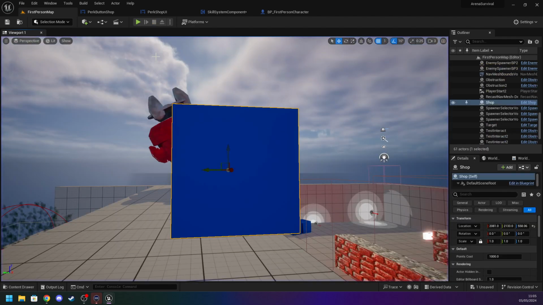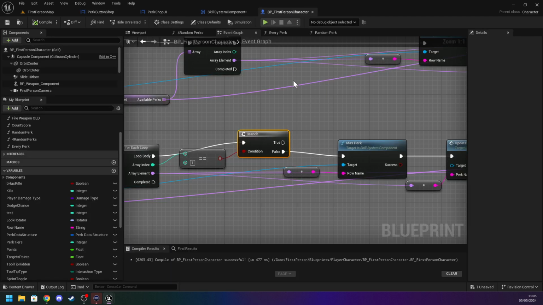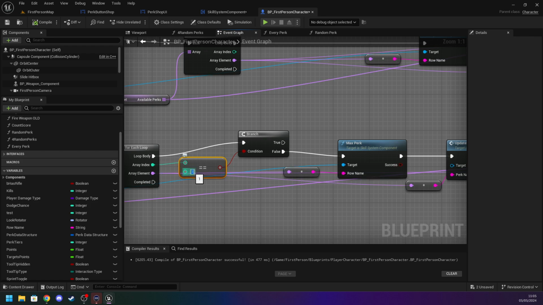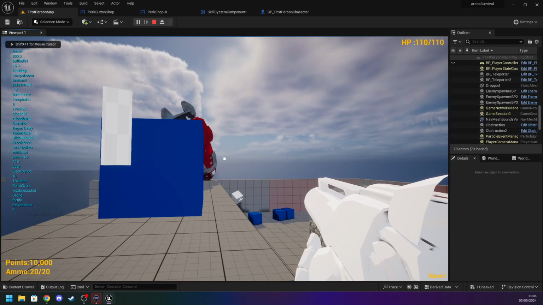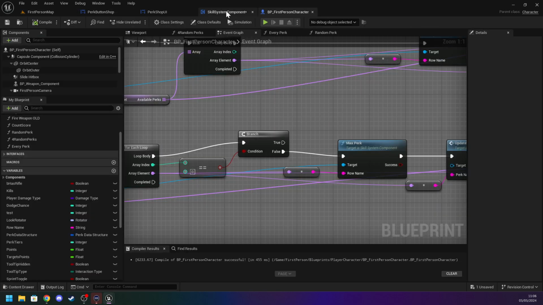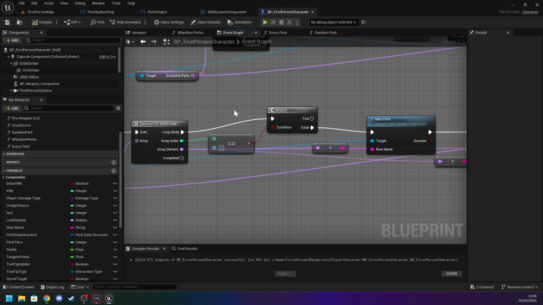No, we do not have 1 perk left. Wow. Because indexes start at 0, don't they? So M. Still says no perk. So we're maxing that perk out, we're updating the perks, and then we're removing that specific perk from the table. If the index isn't equal to 1,